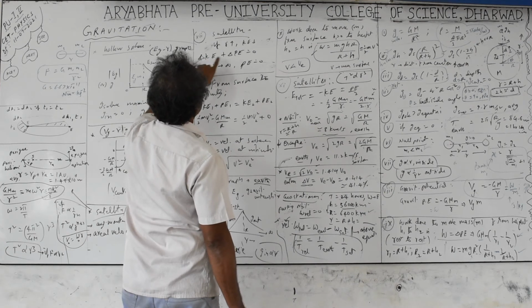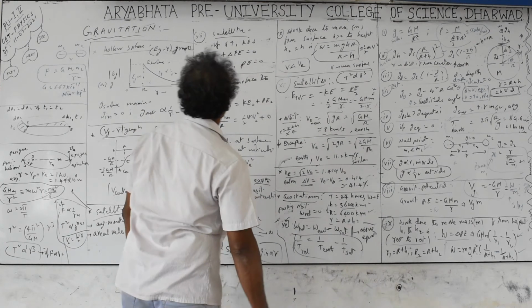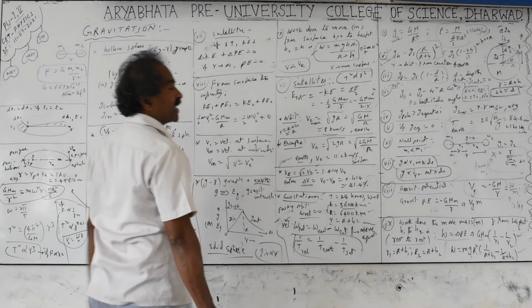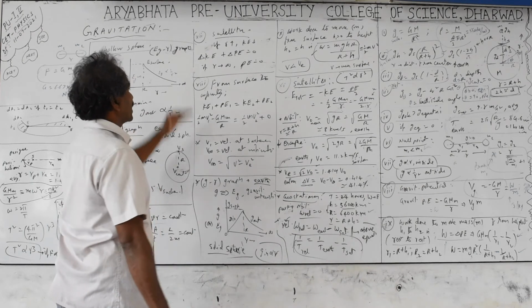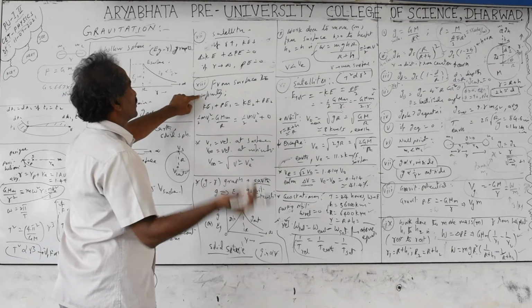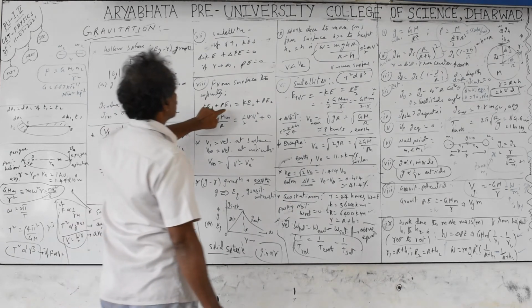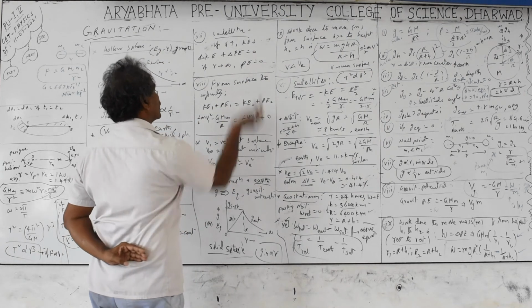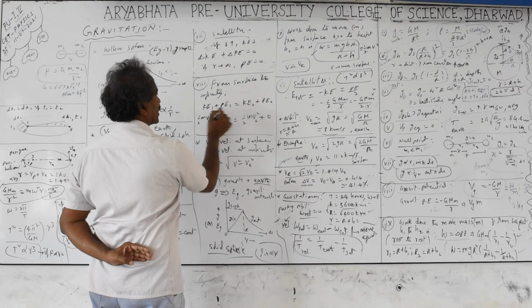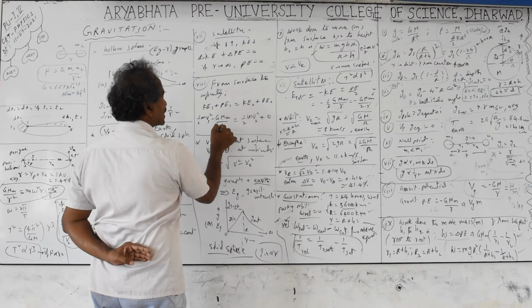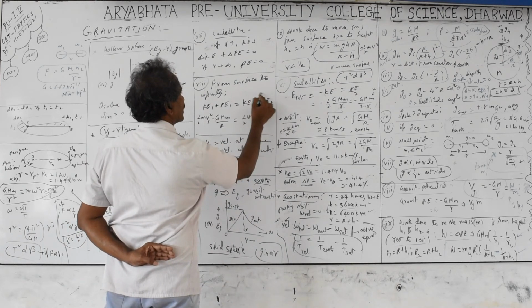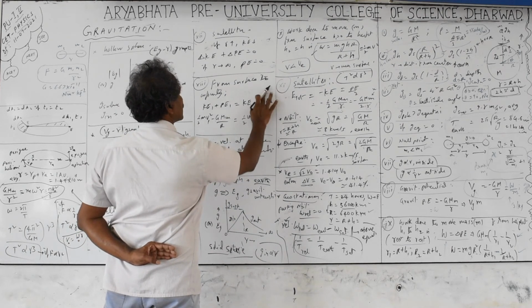But always the change in kinetic energy plus potential energy equals 0, because total energy should not change. If r is infinite, at infinite distance the potential energy is 0. At infinite distance, potential energy is 0, but kinetic energy and total energy may not be 0. That depends on the conditions we are going to discuss now. From the surface to infinity, if you are throwing the object, then kinetic energy plus potential energy should be constant. At the initial point, for example on the Earth's surface, you give some velocity, so the kinetic energy is half m v1 square. Potential energy at that place is minus GM by R, on the surface. If it is not on the surface, capital R is replaced with small r. At infinite distance, the potential energy becomes 0.